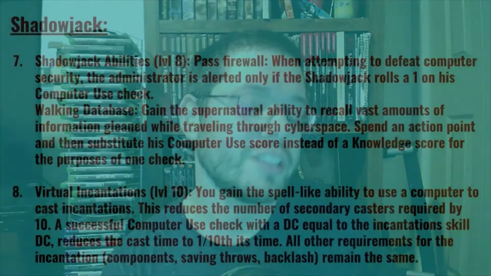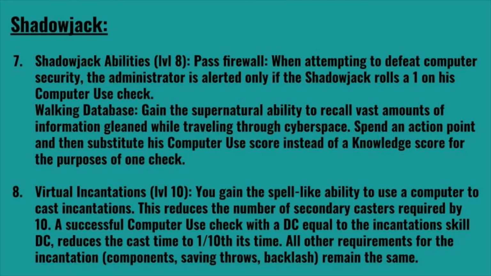And then for level 8 Shadowjack abilities, we have Pass Firewall. When attempting to defeat computer security, the administrator is alerted only if the Shadowjack rolls a 1 on his computer use check. Really cool. That's actually very, very devastating for this particular skill. And then we have Walking Database. Gain the supernatural ability to recall vast amounts of information gleaned while traveling through cyberspace. Spend an action point and then substitute their computer use score instead of a knowledge score for the purposes of 1 check. That is also really cool and is one of the few abilities that provides benefit outside of